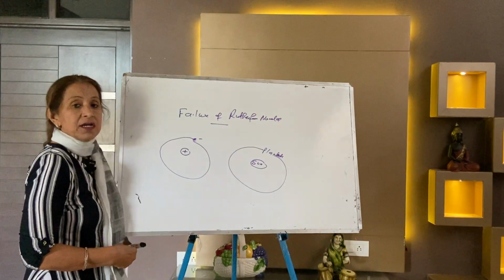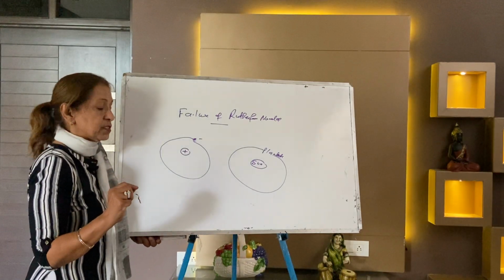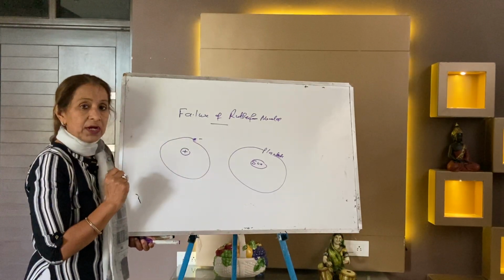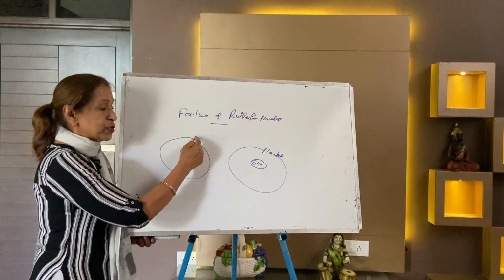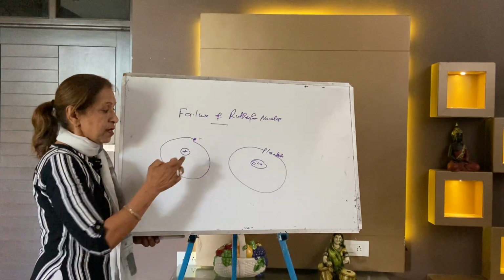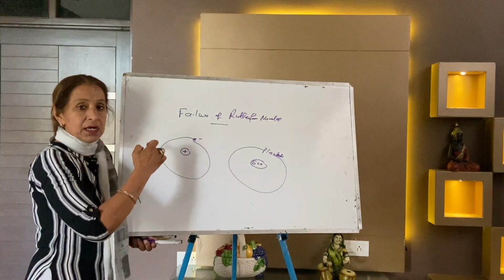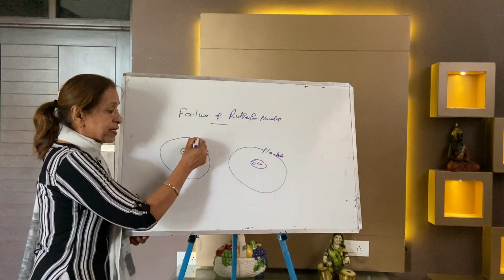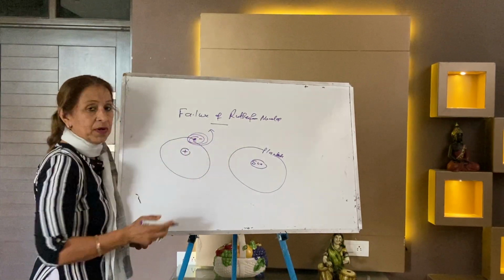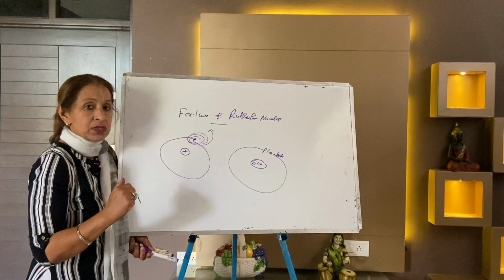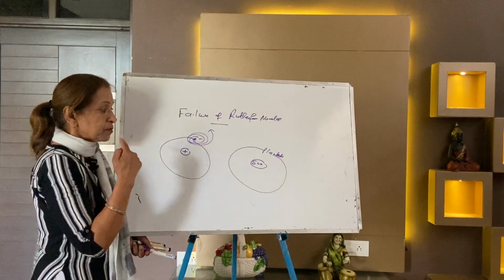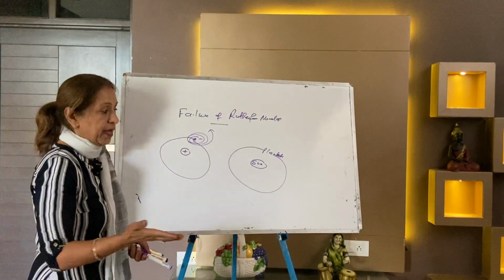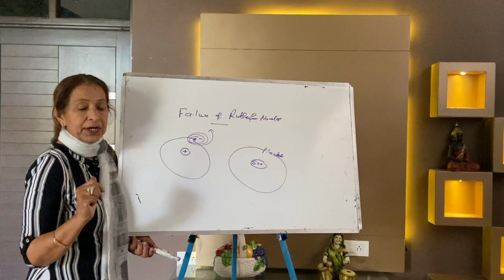Rutherford explained the stability of the atom like this. As discussed already, the electron not only revolves around the nucleus but also rotates on its own axis. Two forces: when it revolves around the nucleus, the electrostatic force of attraction acts, and when it rotates on its own axis, a force acts outward which balances the inward force, that is the centrifugal force. Rutherford explained that the electron will not fall into the nucleus, the same way planets will not fall into the sun.